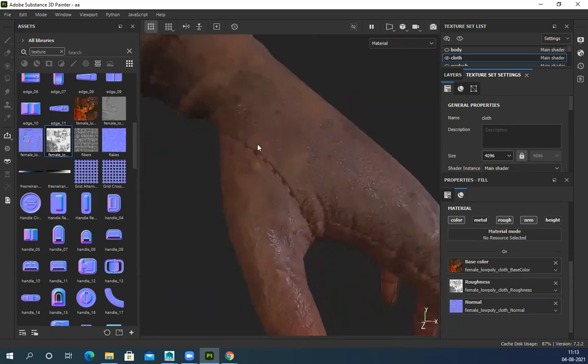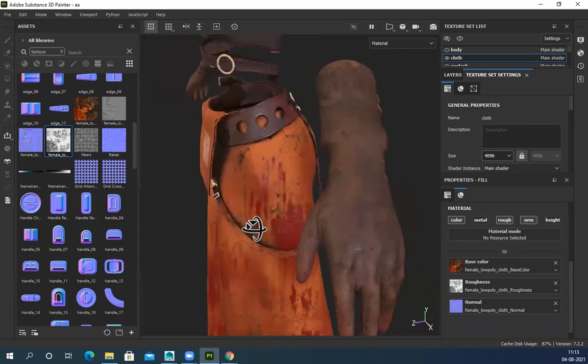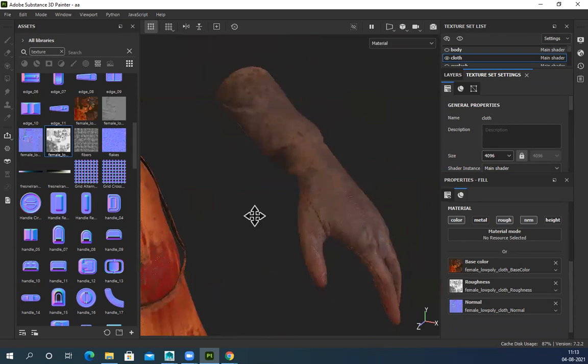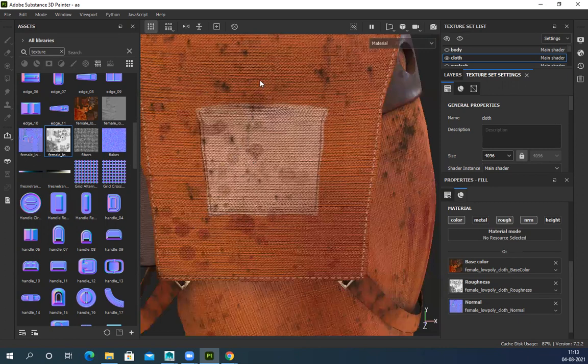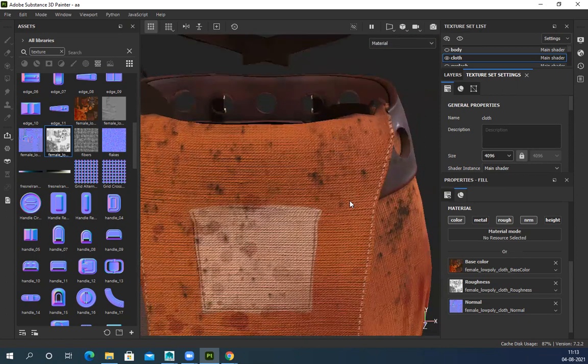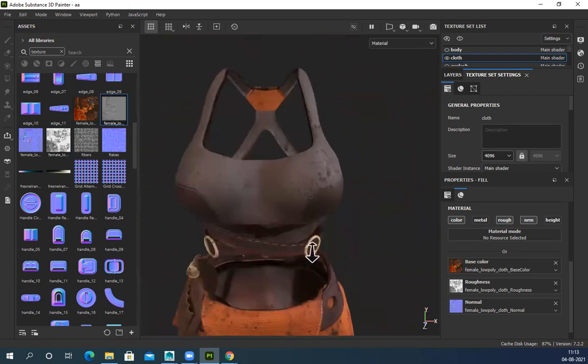Here you can see that depth I have created in high poly, and the stitches I have created in Substance only. So it's super easy, super simple, and gives you very good quality output. You can see all stitches are crisp and clean everywhere. There is no blurring, because based on the texture size, I can manipulate my brush size, right? If I create it in high poly, whatever is there in high poly, you have to bake it and use it directly. There is no other way. So if you use this, it's super easy.